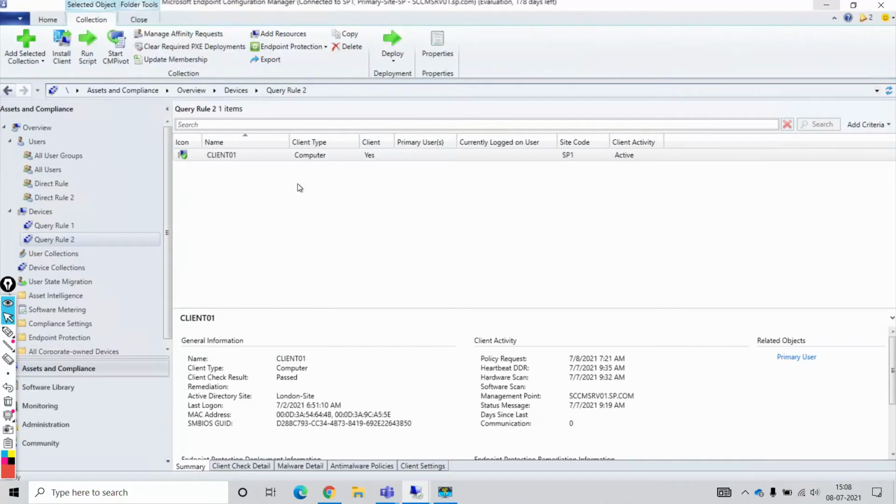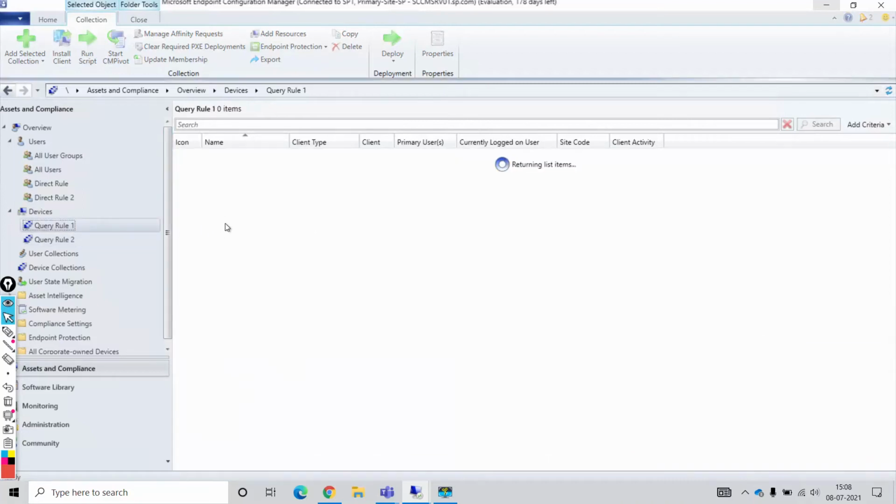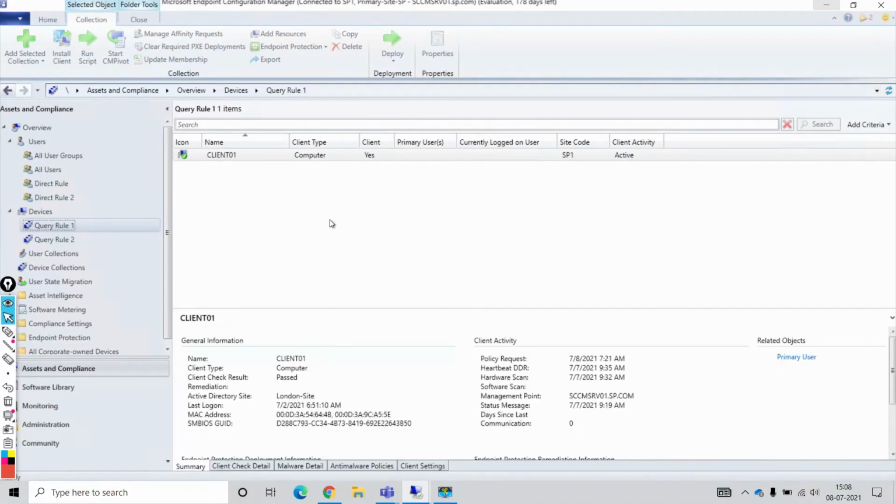So in tomorrow's session, we'll install a client on our domain controller also. So domain controller is also having 3.5 gigs of RAM. So at that time, domain controller should be available here in this query rule 2. Whereas in query rule 1, we have selected the operating system version Windows 10, right? So that's why it is showing only one machine. No need to worry.